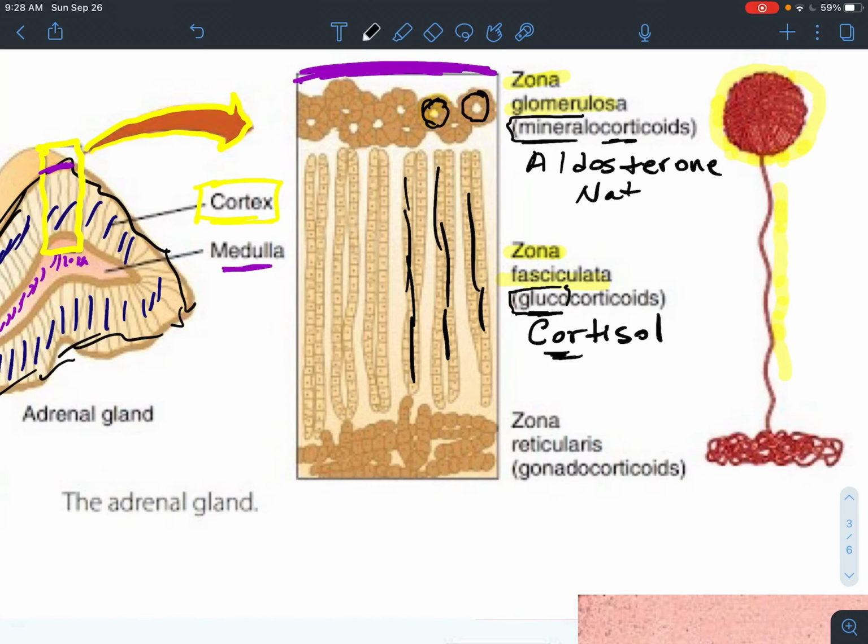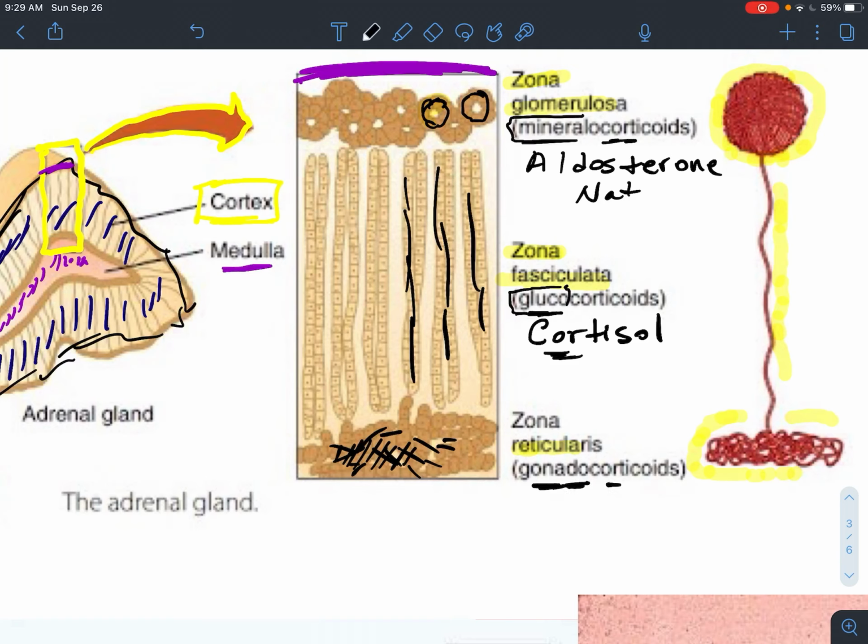The last zone is known as the zona reticularis. And this reticular, kind of spider webby messiness that you see down here is where the word reticularis comes from. So it's kind of crisscrossing and messy. And that's what this part of the picture on the right is trying to give us, that kind of messiness. And this one is famous for making